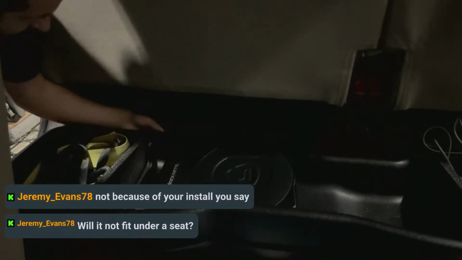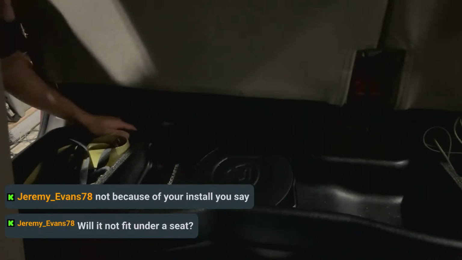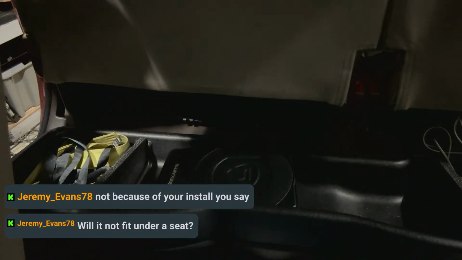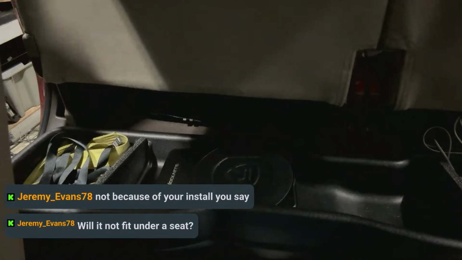All right. It won't fit underneath the driver or the passenger seat. That was like my first option. However, the reason being is because